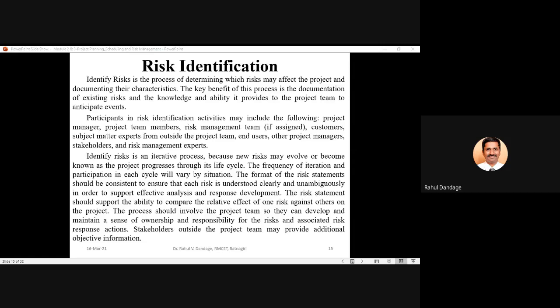The format of risk statement should be consistent to ensure that each risk is understood clearly and unambiguously in order to support effective analysis and response development. The risk statement should support the ability to compare relative effect of one risk against others on the project. So whenever we are defining or identifying the risk, we should also try to understand the dependency of the risk categories on each other, the interrelationship of the risk categories on each other,